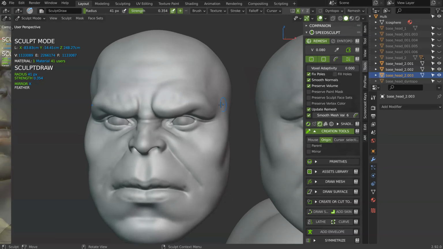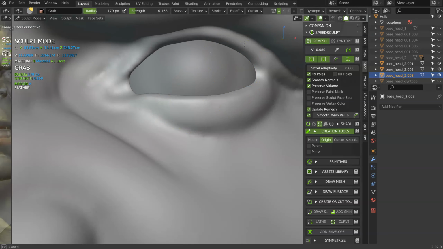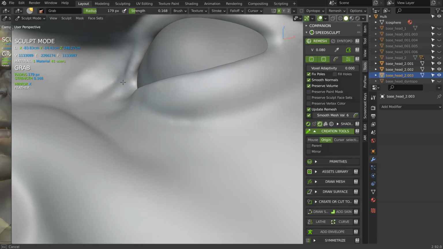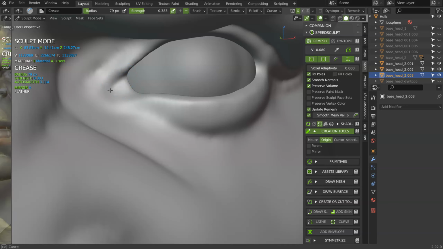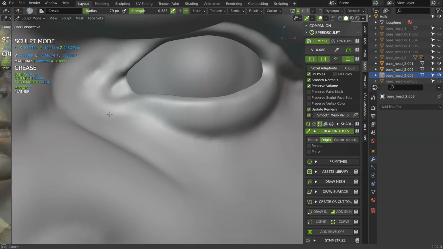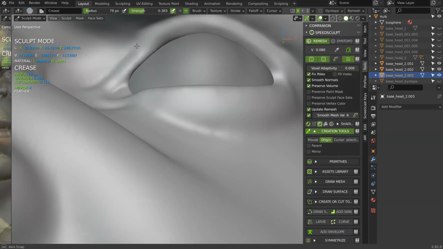I don't want to add all the details of my model right now. This is not the point. This video is just a test to show you how I did my version. But with this you can start to add some details to check if your model is working correctly.